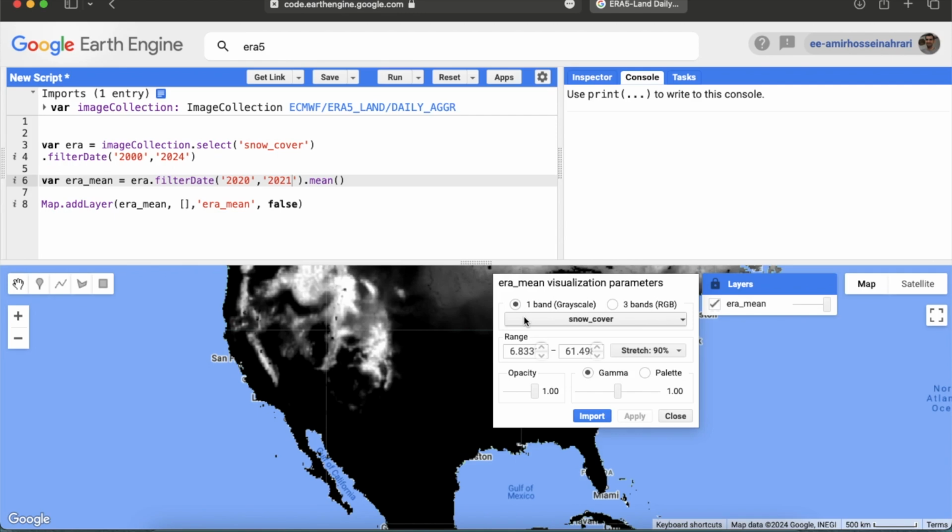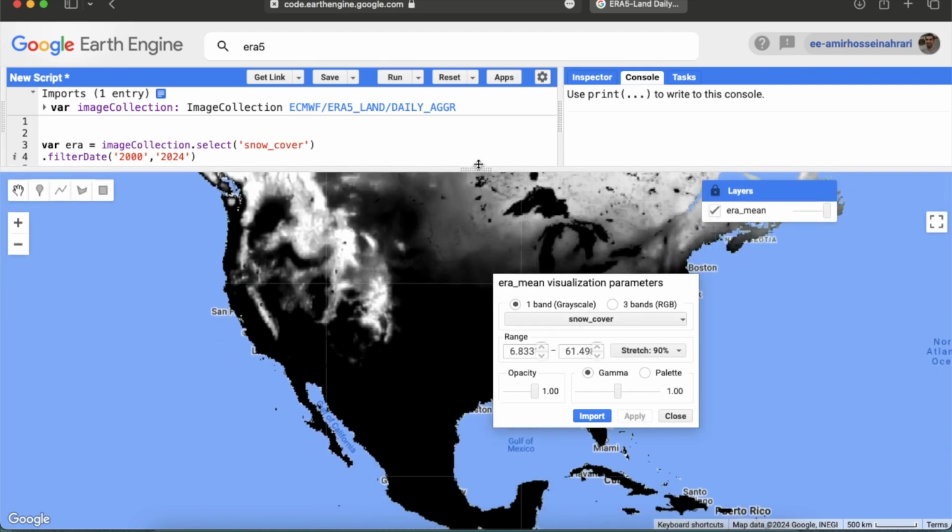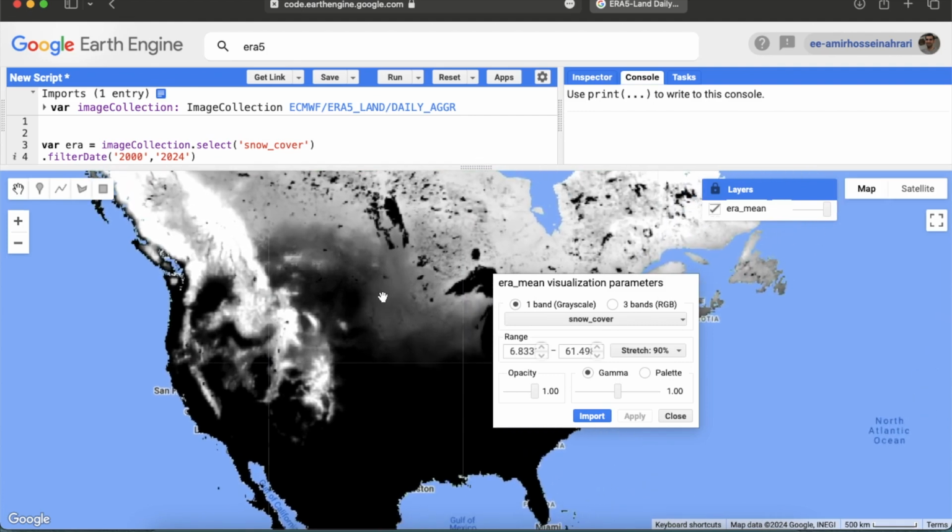That is very important. As you can see in the map, we have a grayscale layer. The white area shows higher snow cover, the darker region shows lower snow cover. So the threshold to differentiate or separate snowy pixels from non-snowy pixels could be something like 10. For example, when a pixel has value 10, it means that 10% of that pixel is covered by snow cover,